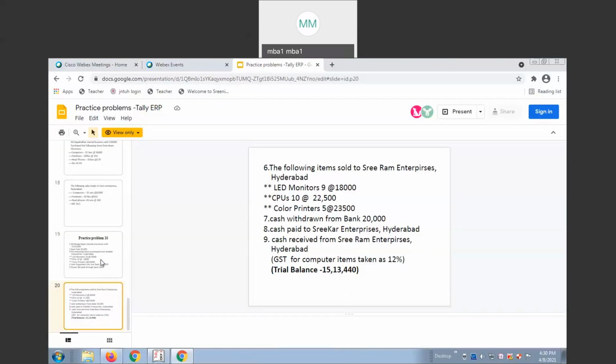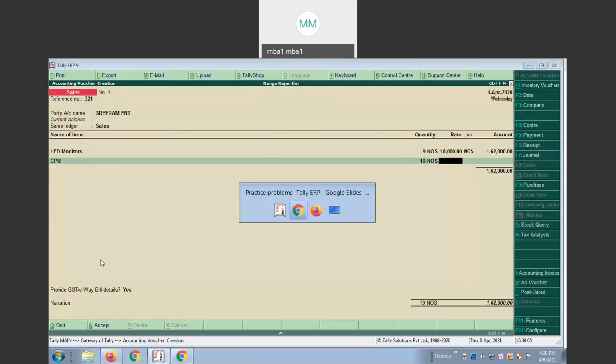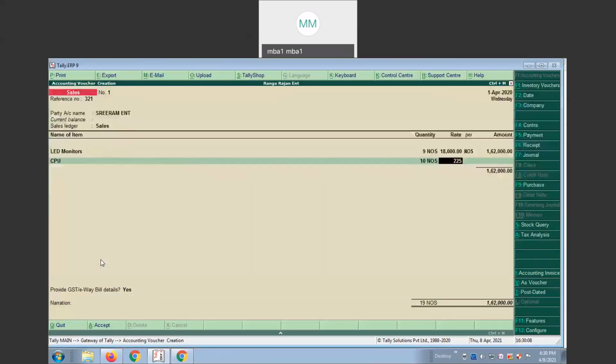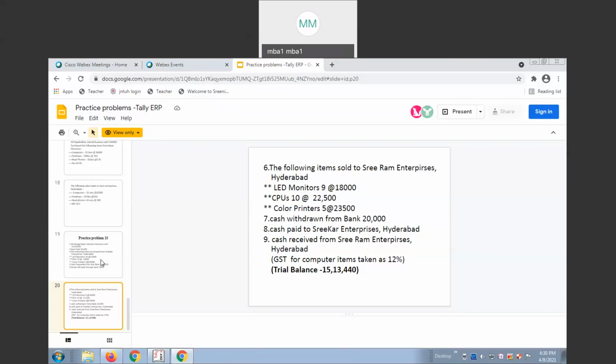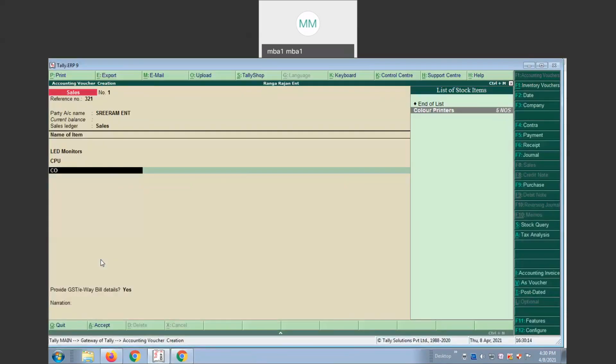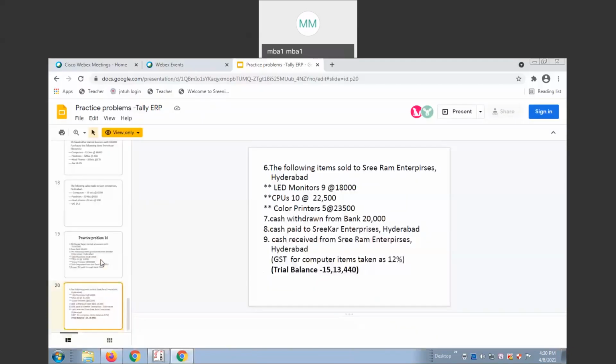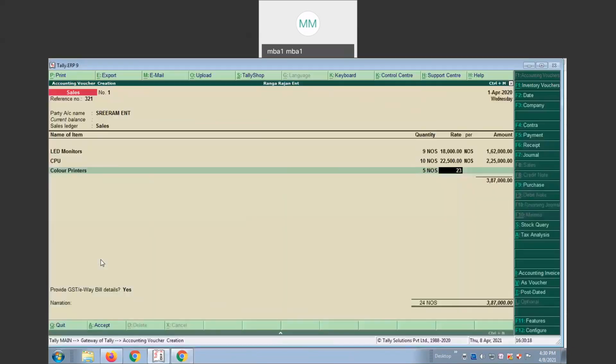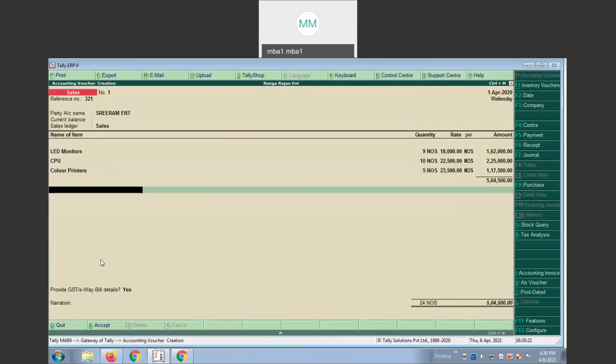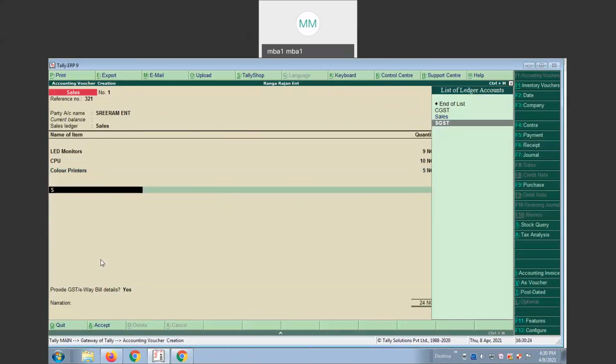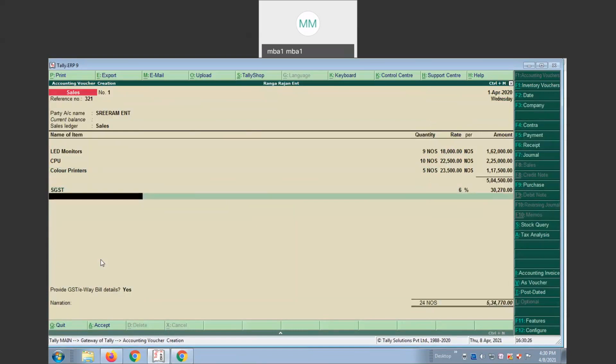How many CPUs sold? 10 only, each 22,500. Color printers, how many did you sell? 5, each 23,500. And same SGST. Then CGST. Save it.